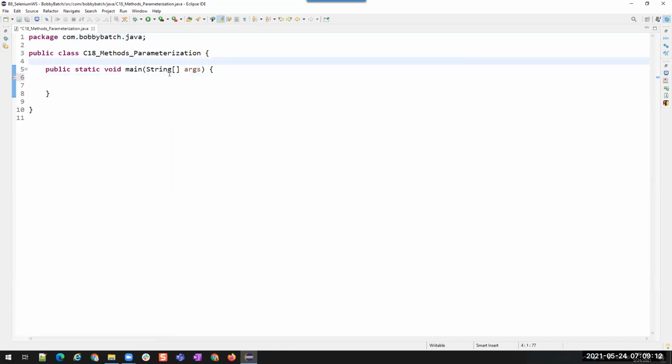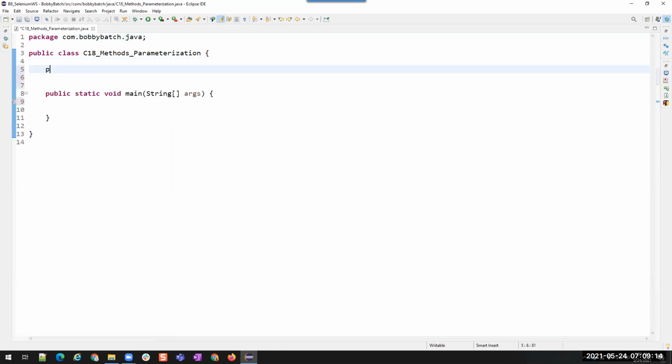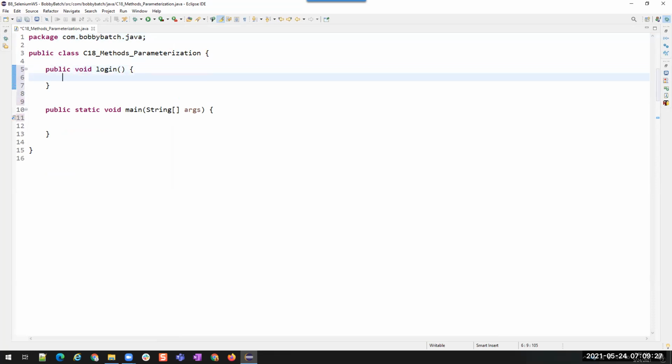Now, suppose I have a method called login. Public void login. Here I'm saying entered username plus the entered username.